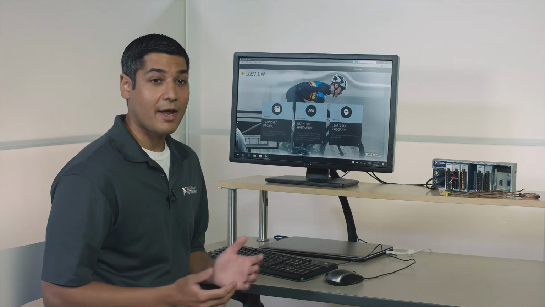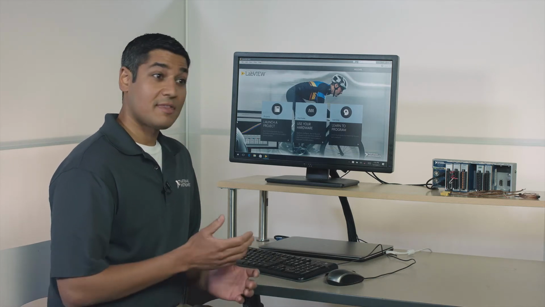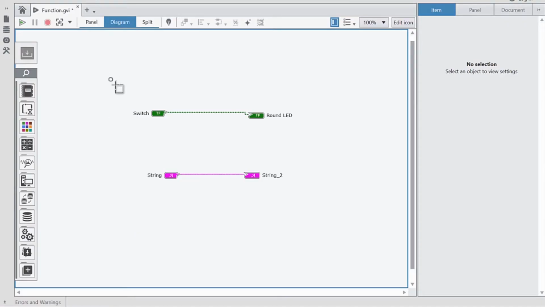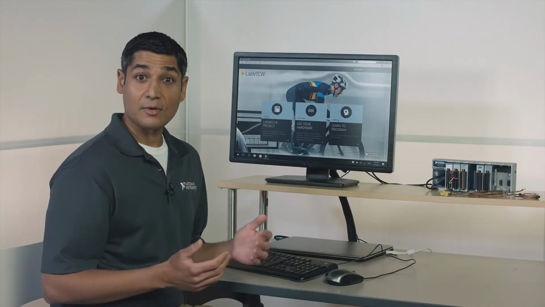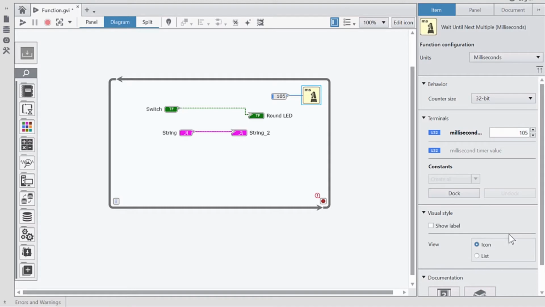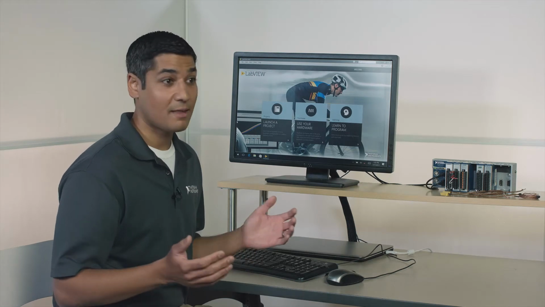LabVIEW NXG is the brand new software development environment from National Instruments, and you'll see how some of the things are the same in terms of graphical programming and the fundamental ways that you can program with icons and wires, and some things are different in order to make your programming more productive, as we've baked a lot of new usability features into the development environment itself. So we're going to jump in, take a look at that, and show you how to program a very basic